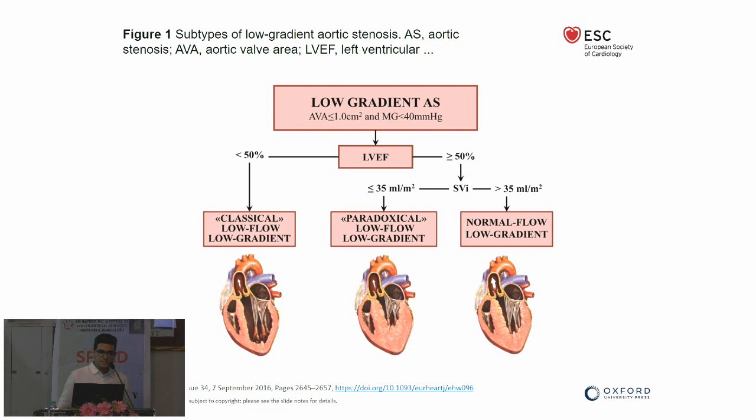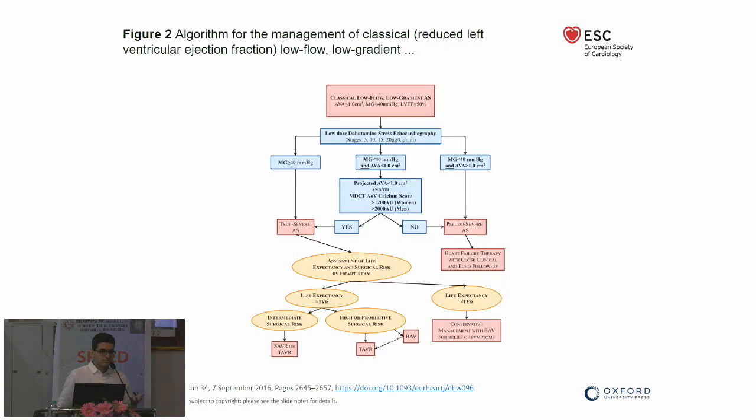These are the types. So how do we evaluate a low flow low gradient case is what we were looking at, and of course this case is just hypothetical, just to take the discussion forward with all our teachers. But yes, for the idea of doing dobutamine stress echo, we have to look at two things. First is increase in gradient. We have to prove it. Unfortunately, textbook wise, we have to show a gradient of 40 if we want to subject the patient to AVR. So the idea of DSE is one, gradient, and two, contractile reserve.